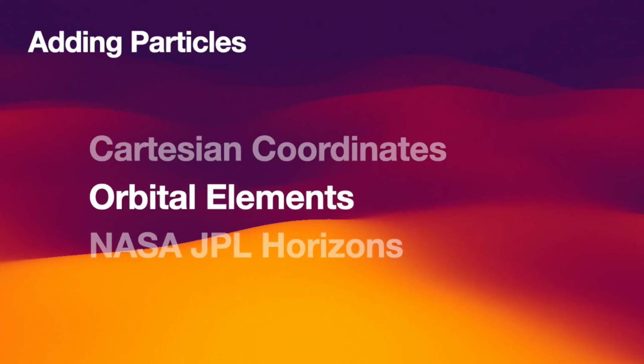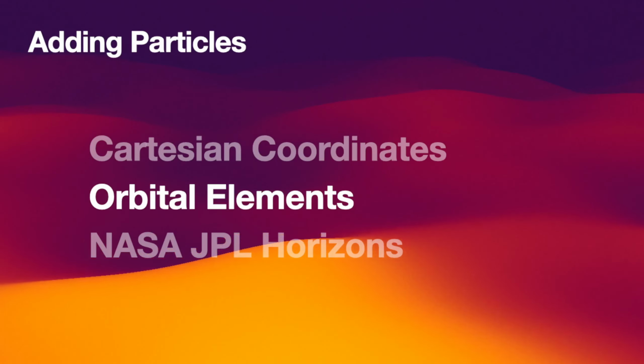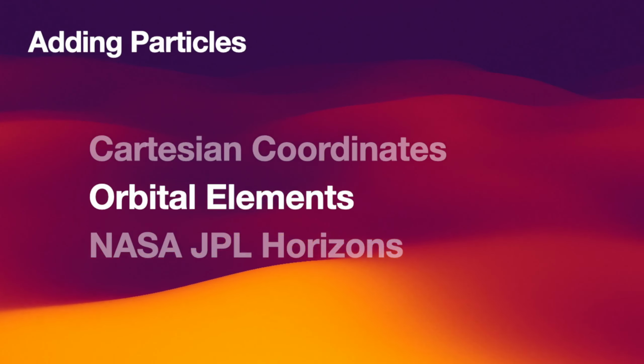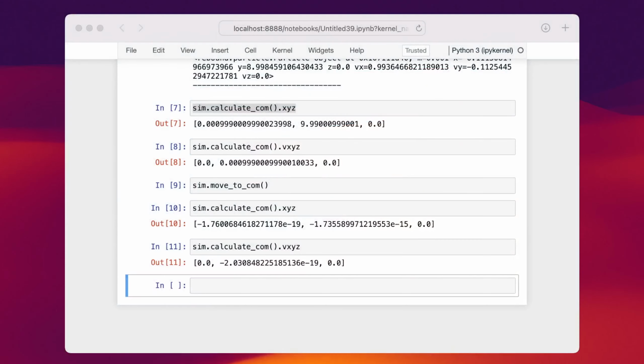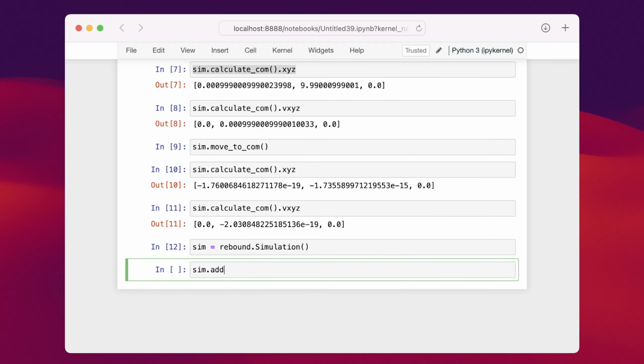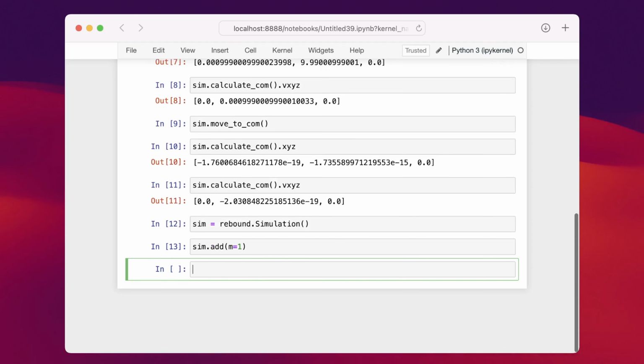Next up, let's talk about orbital elements. REBOUND allows you to add particles in many different formats, and orbital elements are a feature that you might often use. So let's create a new simulation for that. And once again, let's add a central object with a mass of 1 at the origin. If you're wondering about the units, I refer you to a later video that explains the units used in REBOUND